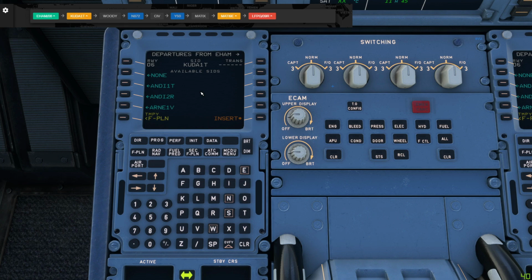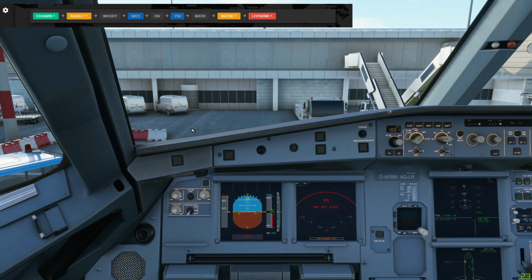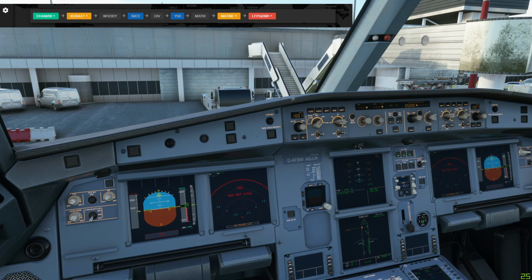That is selected. And do we have a transition? I don't think we need a transition. At least the SimBrief doesn't show us a transition right now. And we will select the arrival later on, but it is there, and I'm not expecting that to change because we are hopefully going to be okay without the ATC. If they yell at us, then maybe we can start using them. So that is that. Waypoint information is there, and what we can do right now is, while the passengers are boarding and IRS will be aligned in 1 minute,